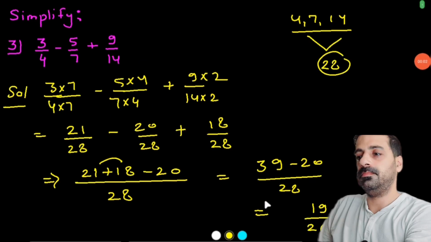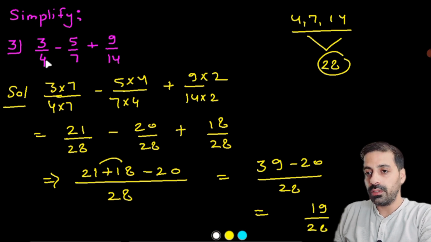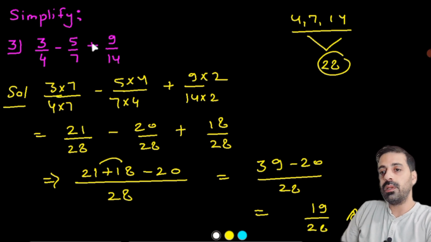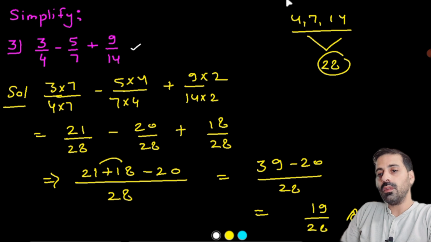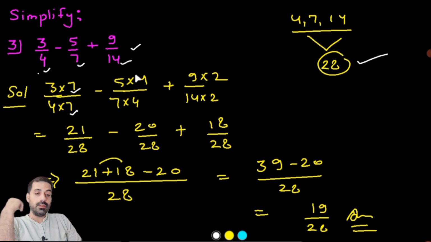So now here we are going to solve question number 3, and now I am going to explain the question. Here 3 upon 4, 5 upon 7 and 9 upon 14 are given. The LCM of 4, 7 and 14 is 28. So my dear students, I have to convert this 4 into 28, so for that I multiply by 7, so I have to multiply the numerator by 7. Here I have to convert this 7 into 28, so I multiply by 4, so I multiply the numerator by 4. Again this 14 I have to convert into 28, so I multiply by 2 and multiply by 2 in the numerator.